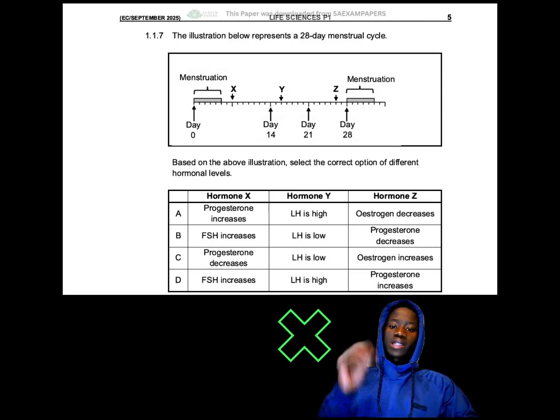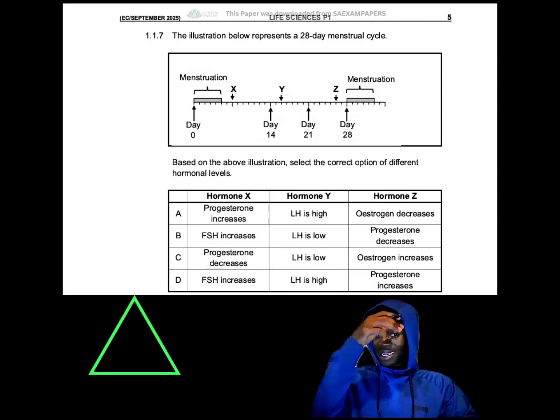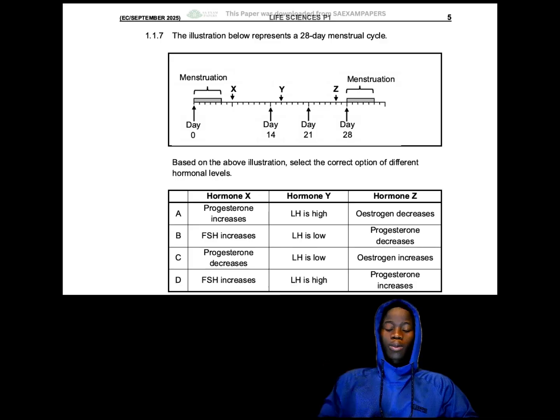Ourselves yet another interesting question. So it's an easy 2-mark question, multiple choice question at that. So here we are given a diagram that illustrates a 28-day menstrual cycle. So as you can see, from day 0 to day 1, 2, 3, 4, 5, up until